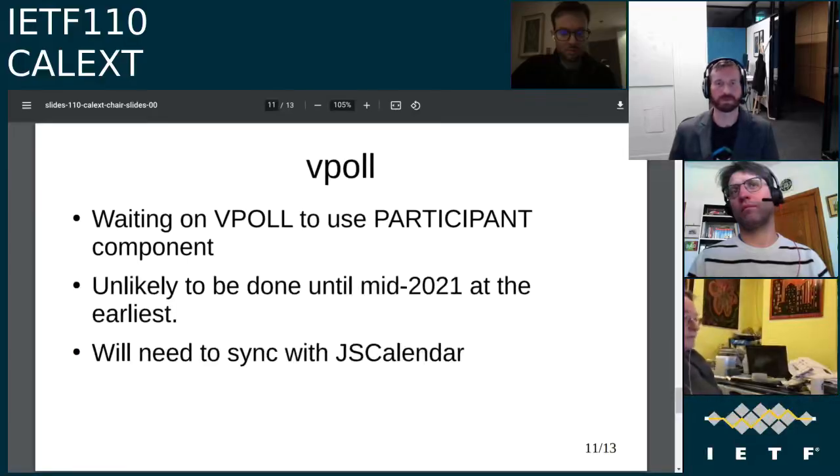Cool. I have updated iCal4j for the new form, but I haven't implemented it in my server. Yes, I think it'll be too hard. Implementation experience will be the next step for that, and hopefully some interop again. Yep.